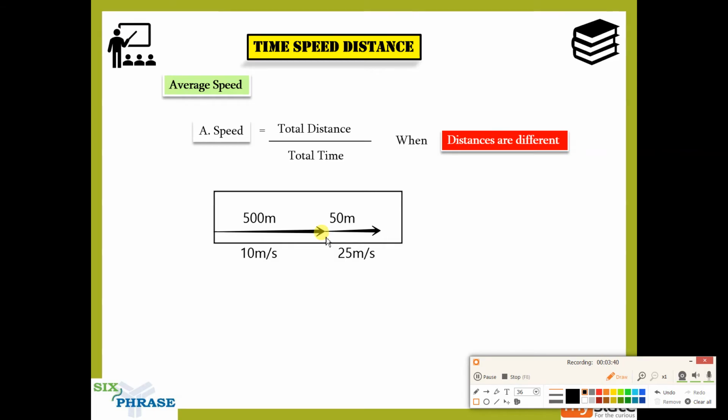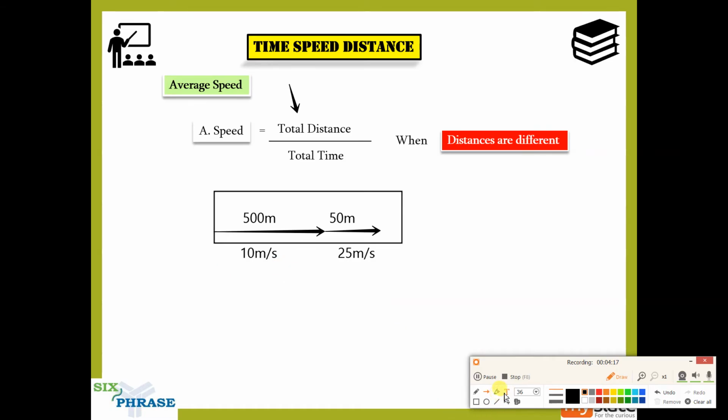Now here you can see the two distances are different. When the two distances are the same, or the three distances, sometimes it will be three distances, we have a shortcut for it. Okay, and how did we get that shortcut? I want you guys to understand this. That shortcut actually came from this formula. If you do not know the shortcut, don't worry, I'll show it in the next slide. But the shortcut is actually derived from this formula. Okay, so this is one case.